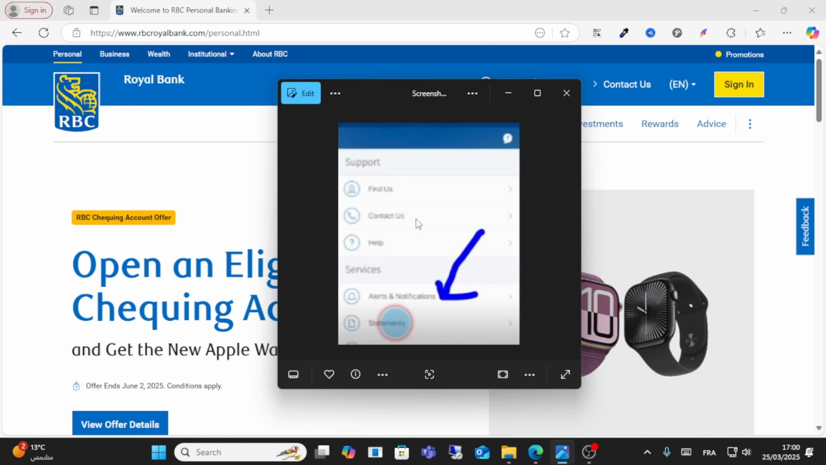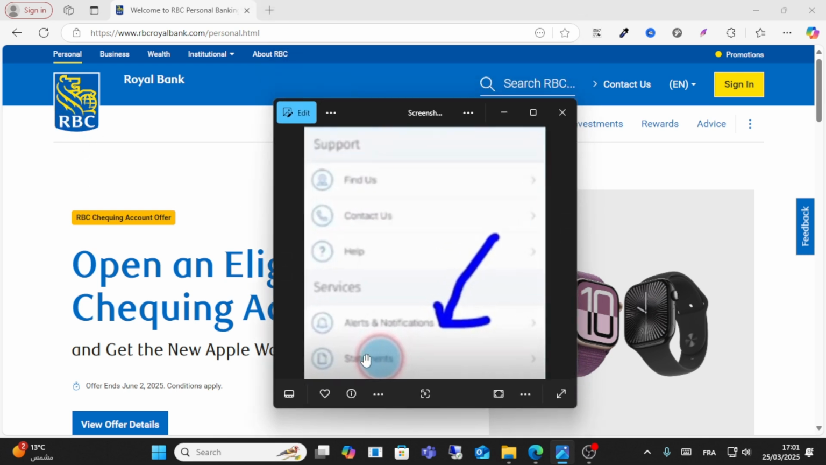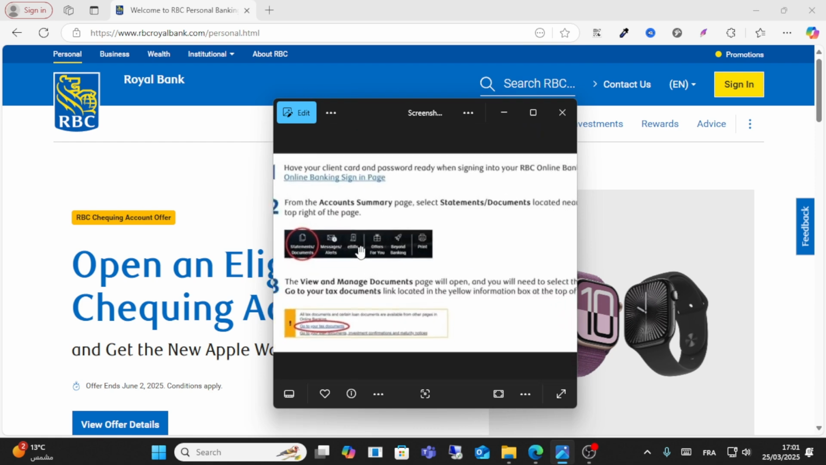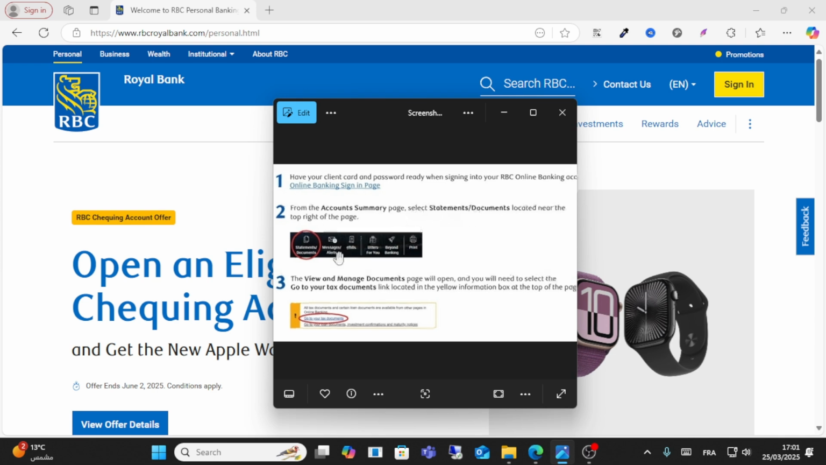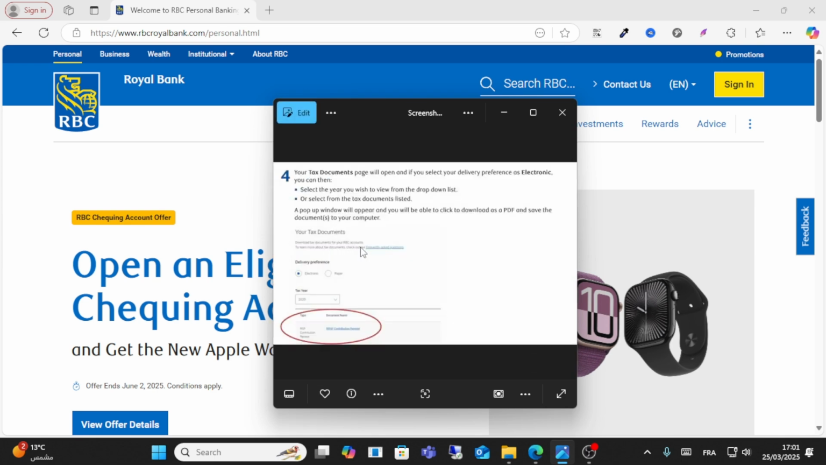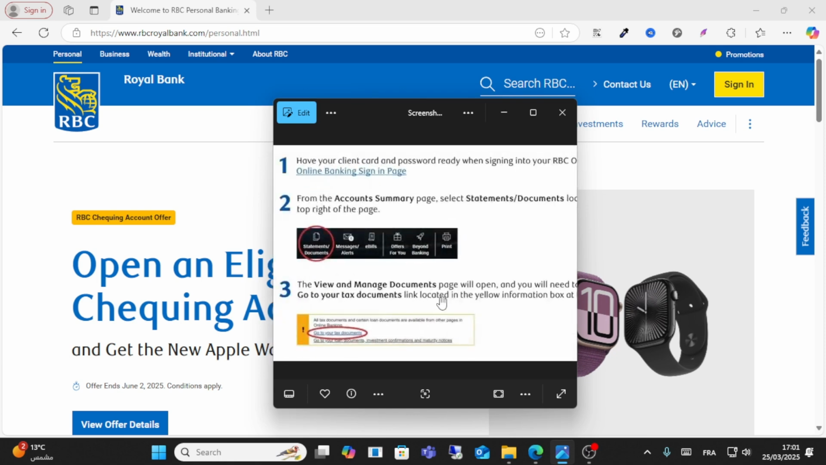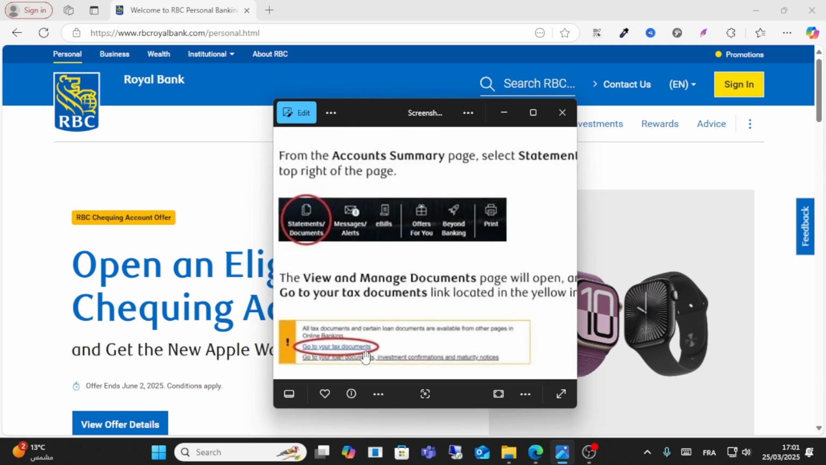So guys, to do these steps, first, log in to your RBC account. After that, guys, go to statement, look for the statement option as you can see here. After that, go to summary and statement documents from here. Statement documents, and after that, guys, click on view manage documents page and go to your tax, and you will